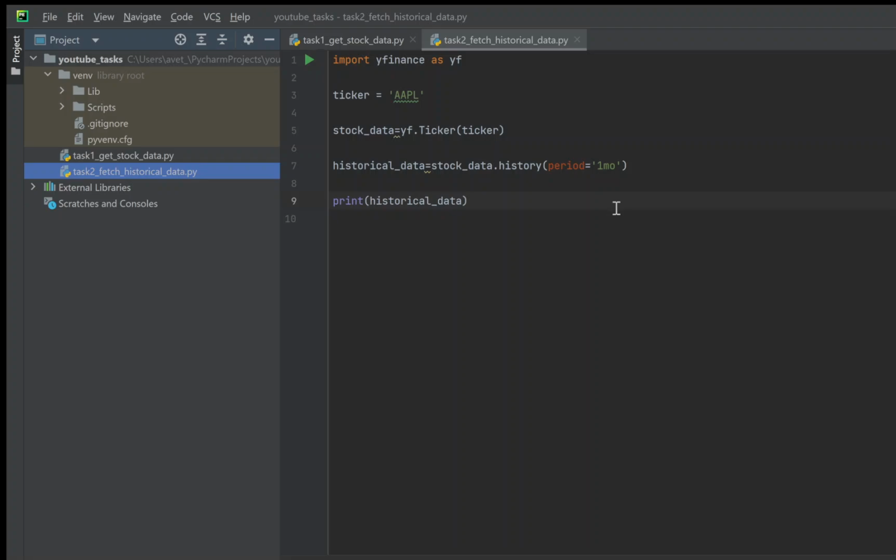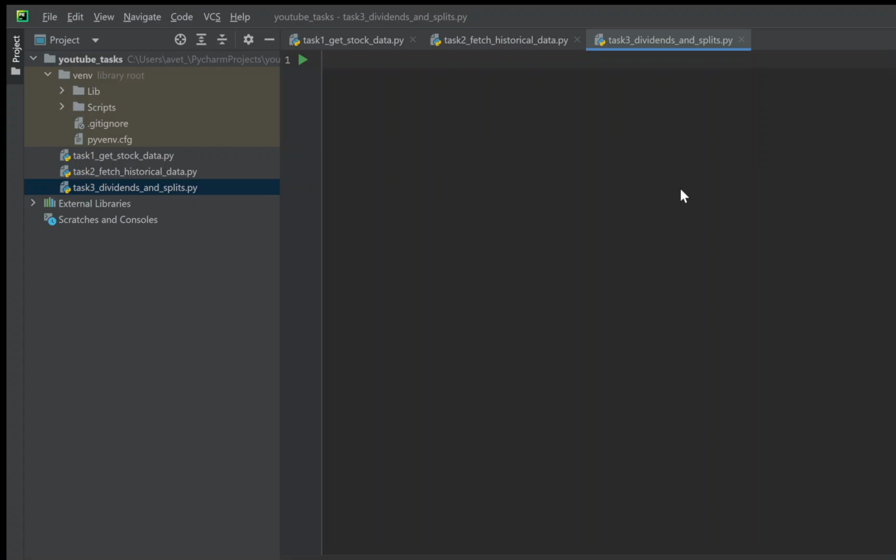So, without further ado, let's move forward, and we're creating a new Python file. The task 3 dividends and splits. Before working on dividends and splits, as I told, we are going to observe some parameters of the yfinance library. So let's start by importing: import yfinance as yf,